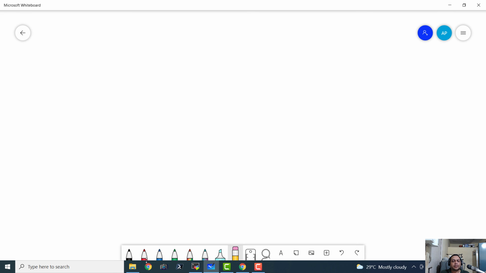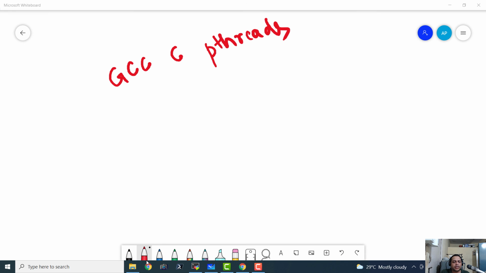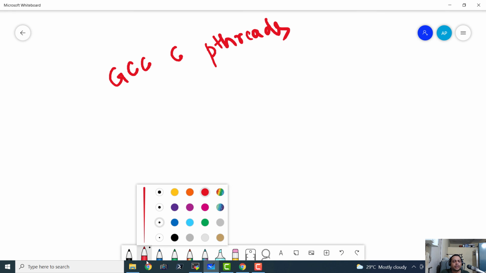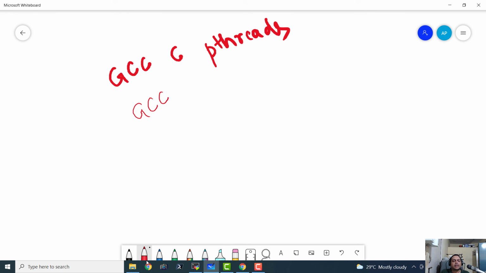So we can use multiple types of frameworks for creating threads and processes. So the first combination is GCC and C programming and the pthreads library. So we can create threads using the pthreads library with C and the GCC compiler. We can also use the GCC compiler and C++ and the pthreads library.